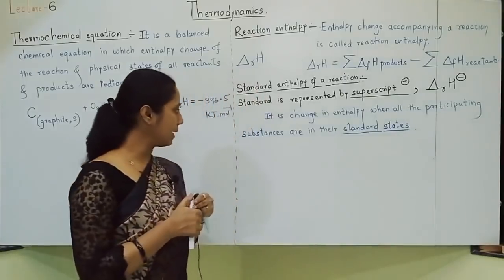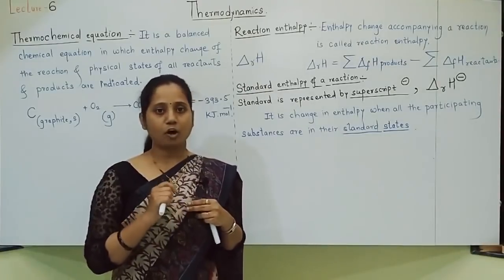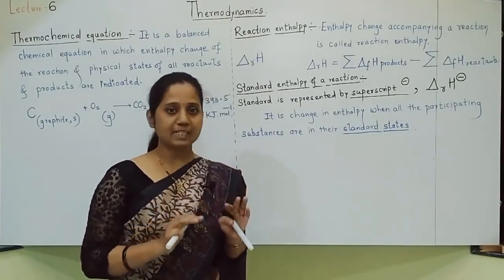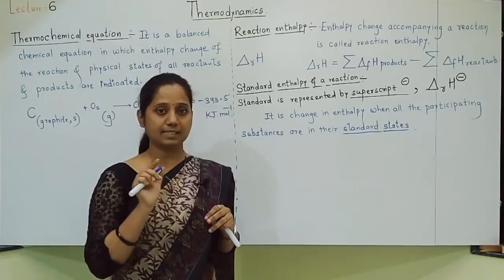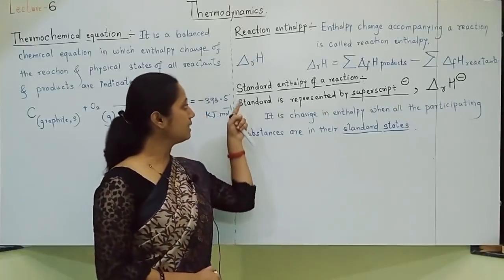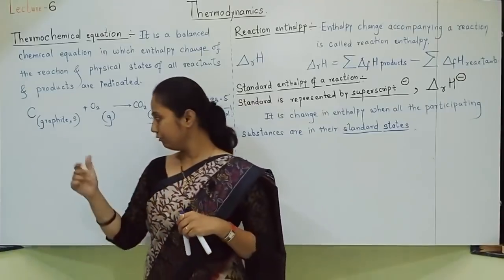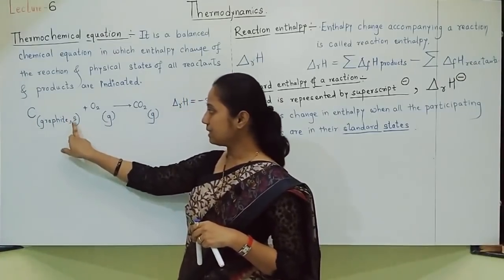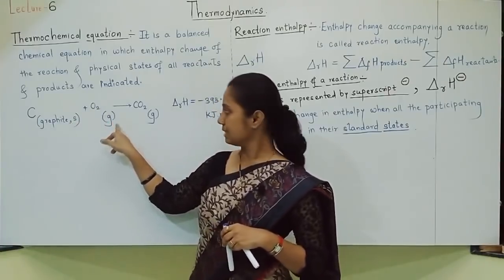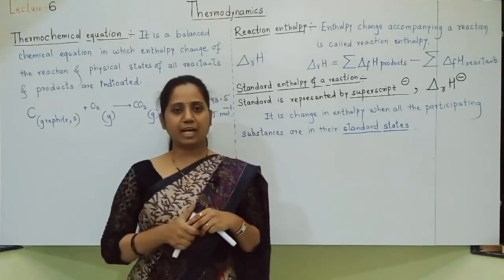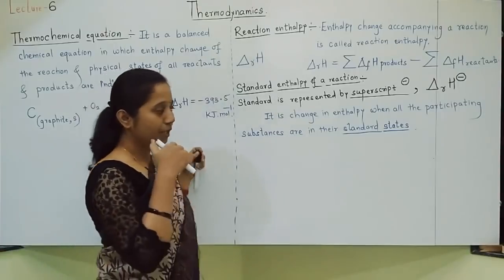Okay, what do you mean by participating substances, students? Who participates in the chemical reaction? Of course, all reactants and products. Whoever is participating in that chemical reaction, all should be in their standard state. Then that is called the standard enthalpy of a reaction. You can think of it like this: carbon's standard state is solid, oxygen's standard state is gaseous, carbon dioxide is gas. If they are in their standard state, so first understand the meaning of standard, because